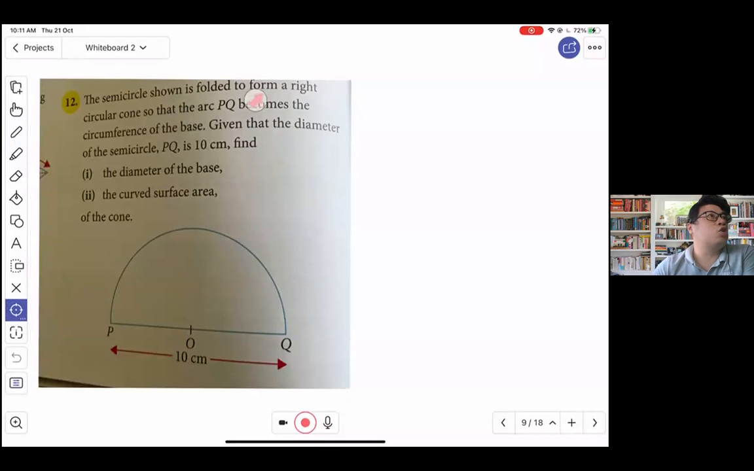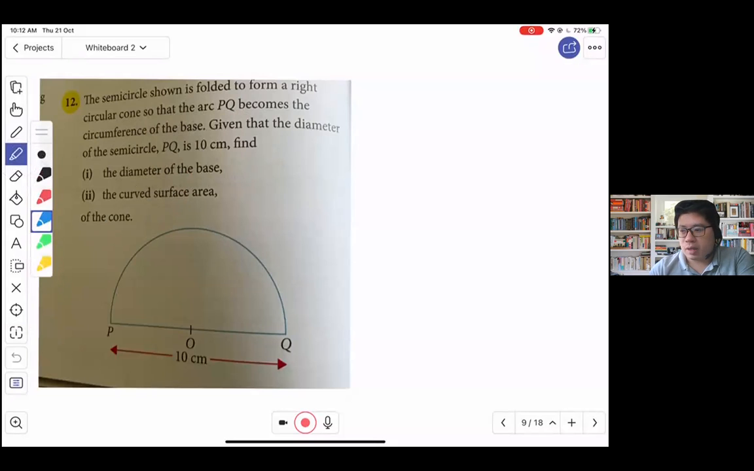The semicircle is shown and folded to form a right circular cone so that the arc PQ becomes the circumference of a base, okay? And the diameter is 10 cm. We want to find the diameter of the base as well as the curved surface area of the cone, all right? So the story of this question basically is that we are taking this semicircle, and what happens